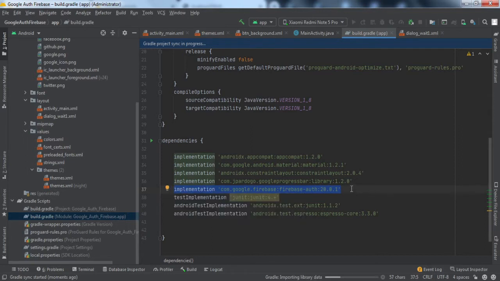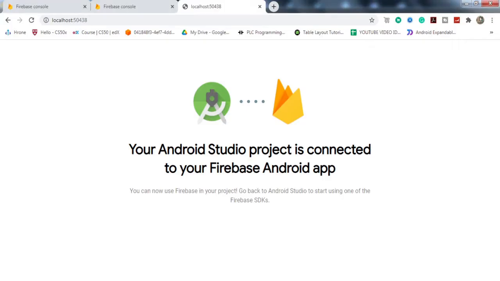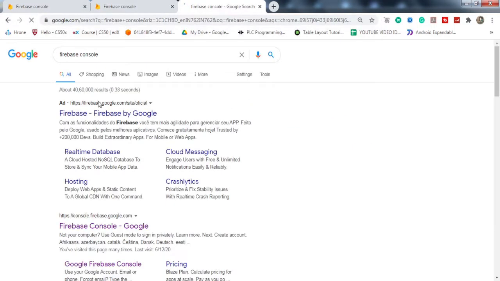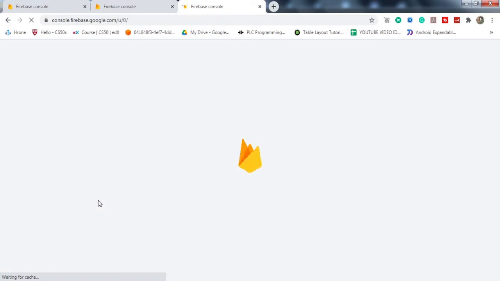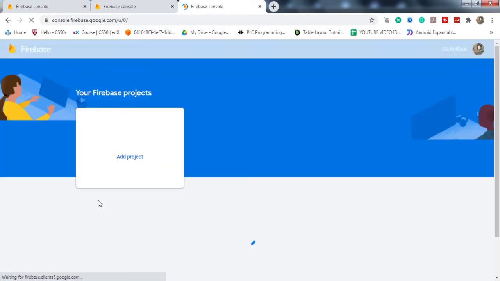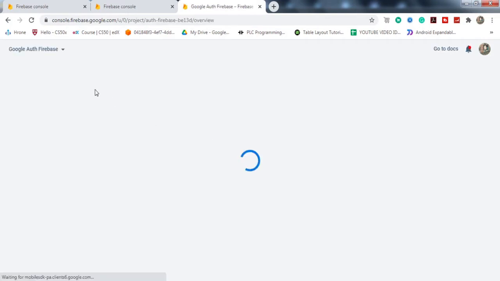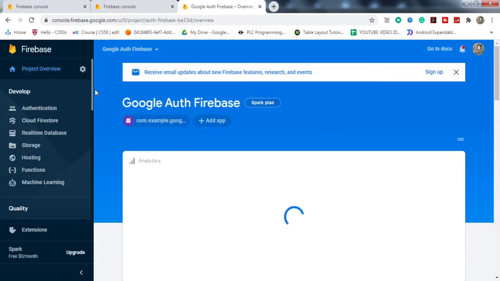It will add this dependency. So right now it's syncing the project. If we go back to our Firebase, so this is our project.